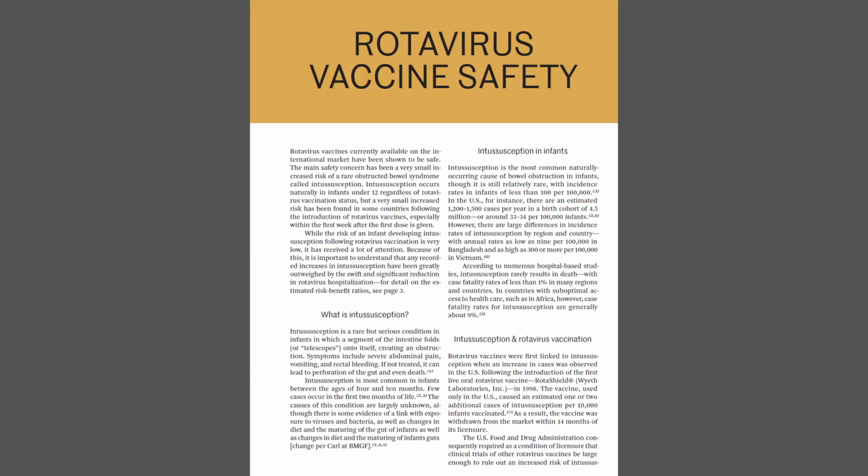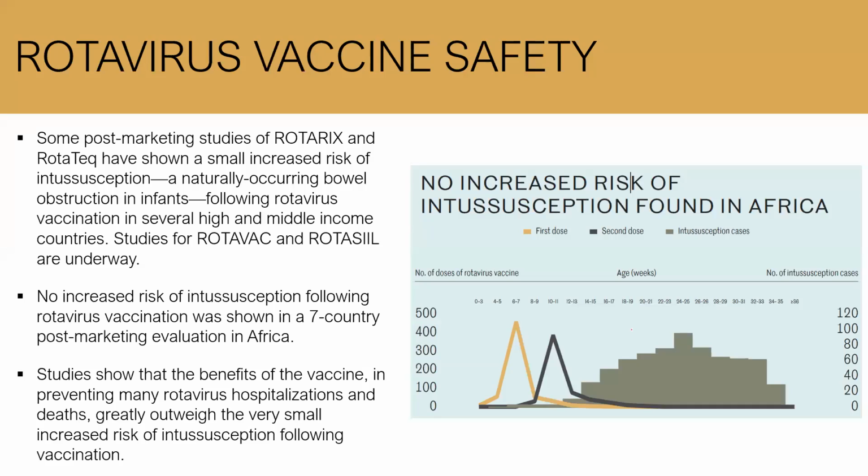As I mentioned, we have a brief summary on safety. This is a topic the Council has dug into in a lot of depth over the last couple of years, including convening experts and publishing a paper on the topic in 2016. So we really just summarized this here, specifically talking about intussusception, the concerns that have been raised over time, the origins of this safety issue as it relates to rotavirus vaccines, and then really focus on the benefit to risk